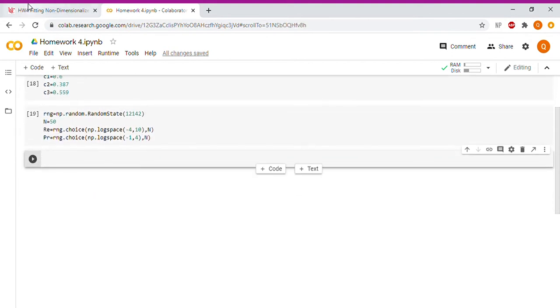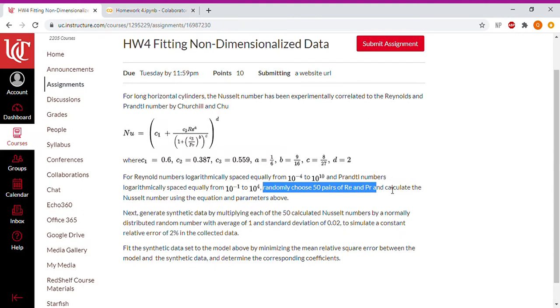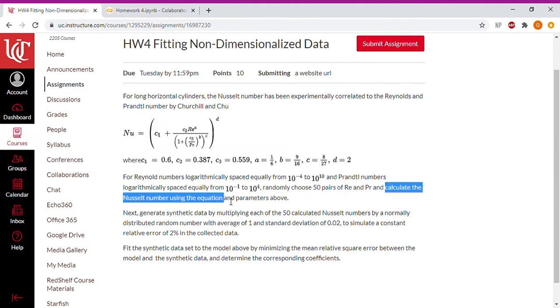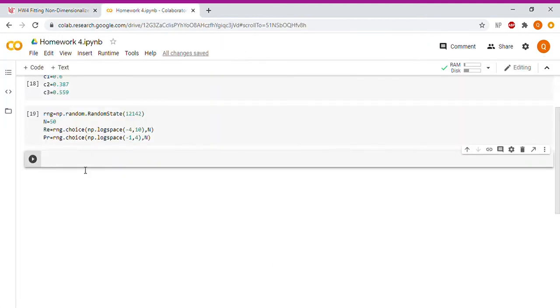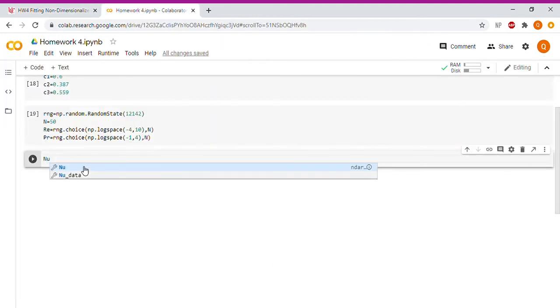Alright, the next thing I would do is to calculate the Nusselt number using the equation and parameters above. So I will basically transfer this whole formula into Google Colaboratory. So the Nusselt number would be equal to